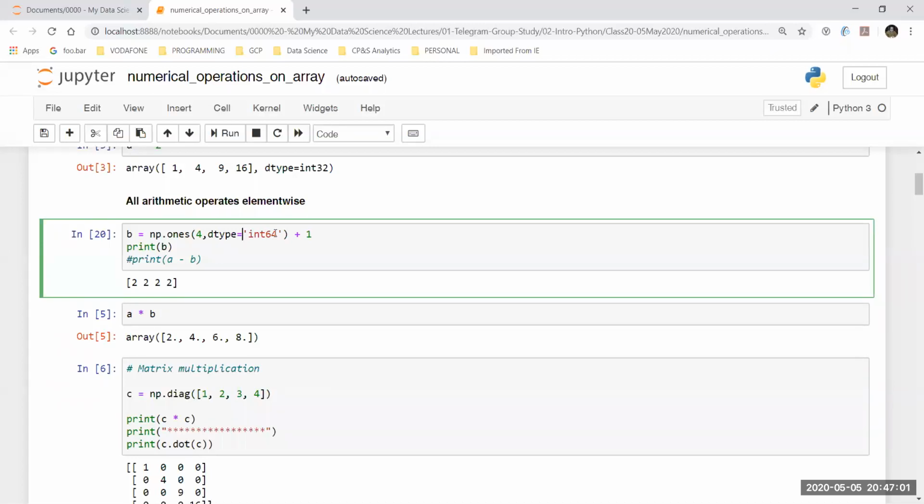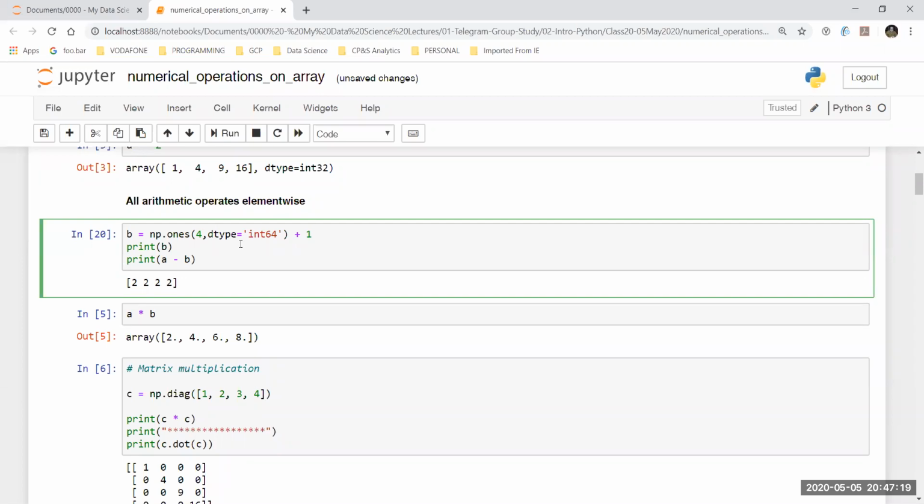It can be a 64-bit integer or a 32-bit integer. To the normal eye, it seems the same. In the background, the way it is mathematically calculated, or the binary representation, is going to be different. Now, if I print B, I can see that I have created an array B, which was initially a NumPy